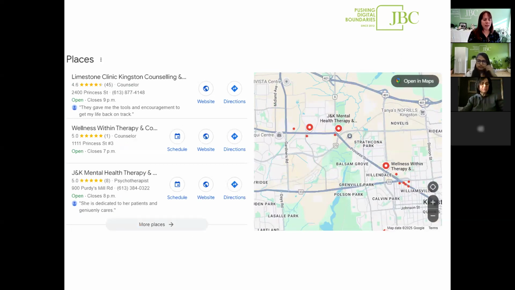So this one, same thing. I think I just Googled Kingston counseling. This is that initial search when people are looking, they say, oh, okay, it's the new year, I need to work on myself, let's find counseling. And this is where we start our search. Many people have it backwards, thinking that they're going to find you on Facebook or on Instagram. They actually start here.